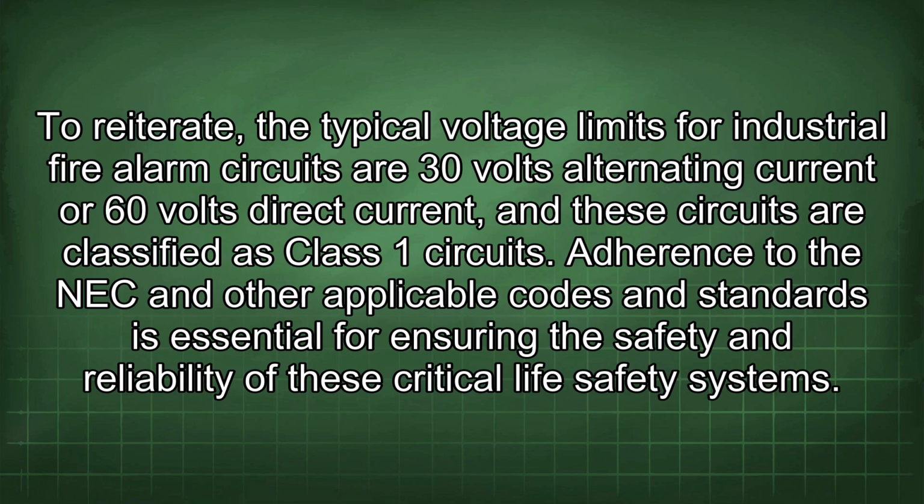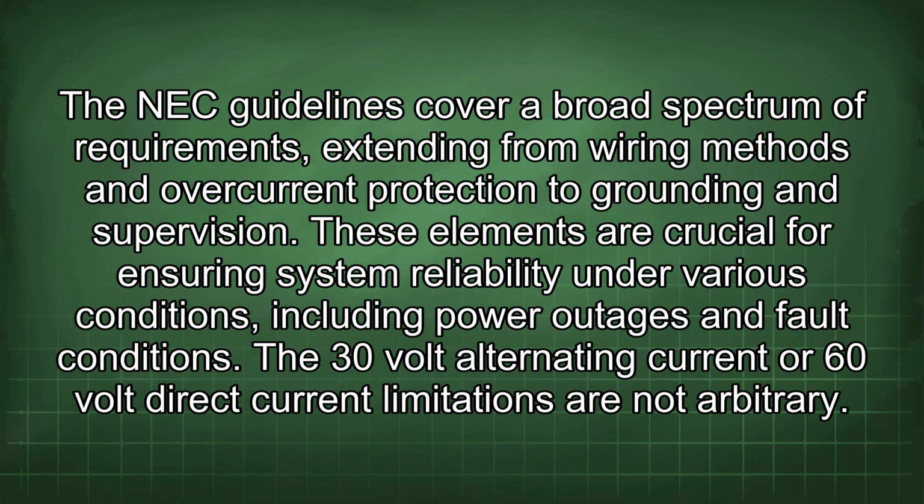To reiterate, the typical voltage limits for industrial fire alarm circuits are 30 volts alternating current or 60 volts direct current, and these circuits are classified as Class 1 circuits. Adherence to the NEC and other applicable codes and standards is essential for ensuring the safety and reliability of these critical life safety systems. The NEC guidelines cover a broad spectrum of requirements, extending from wiring methods and overcurrent protection to grounding and supervision. These elements are crucial for ensuring system reliability under various conditions, including power outages and fault